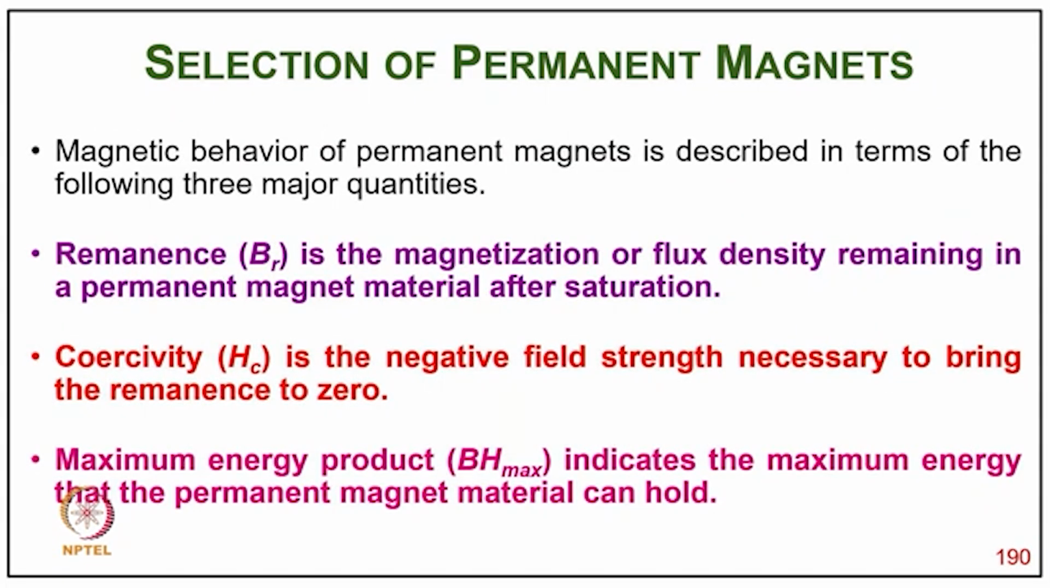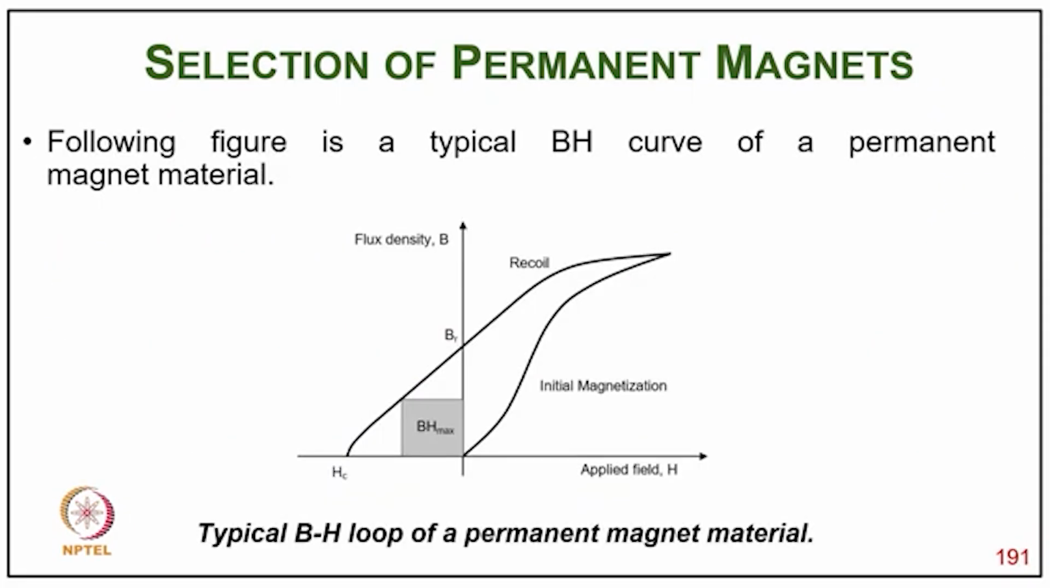So the magnetic behavior of permanent magnets is described in terms of three major quantities: remanence, also called residual flux density, the magnetization flux density remaining in the permanent material after saturation; coercivity, the negative field strength necessary to bring the remanence to zero; and the maximum energy density product, which indicates the maximum energy that the permanent material can hold. Following the figure, this is a typical BH curve for a magnet material, which explains Br and Hc,